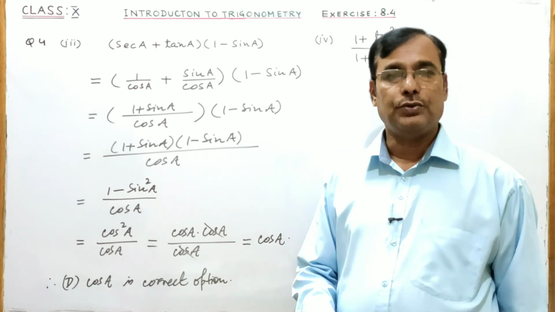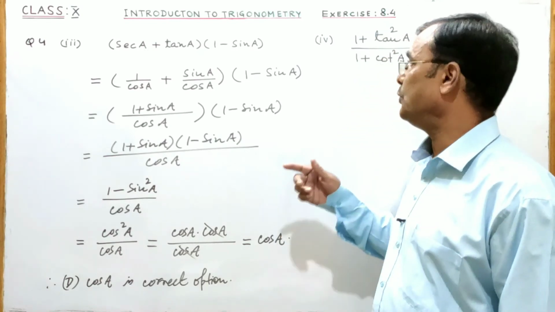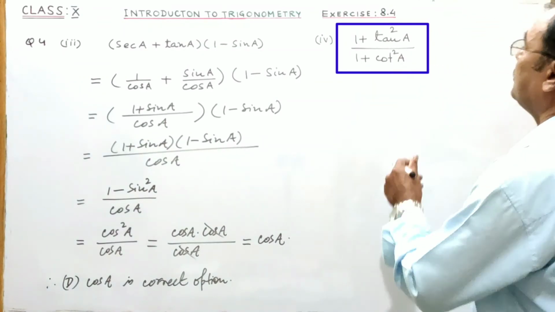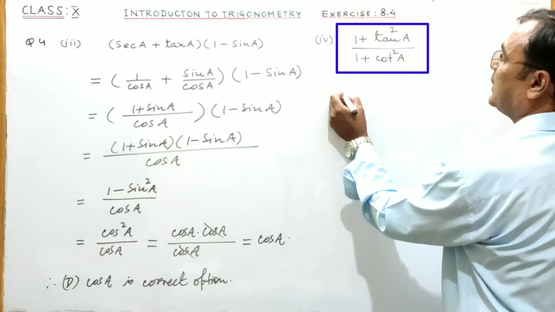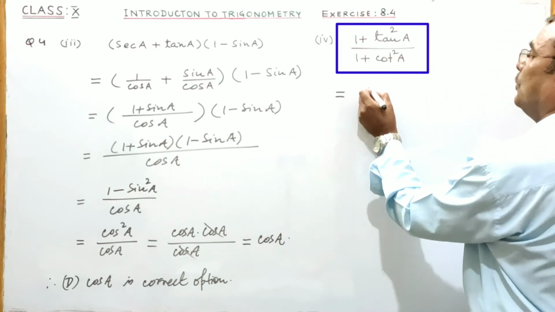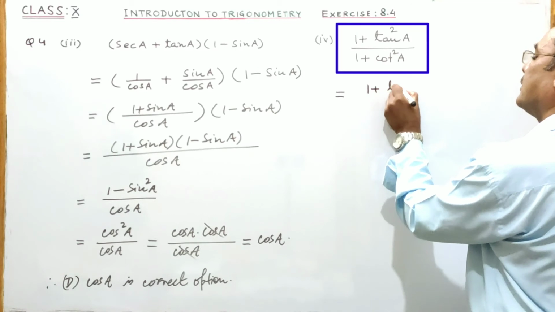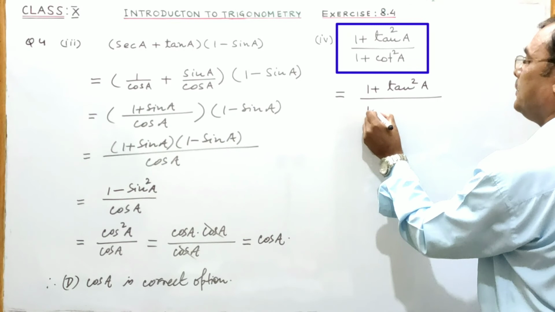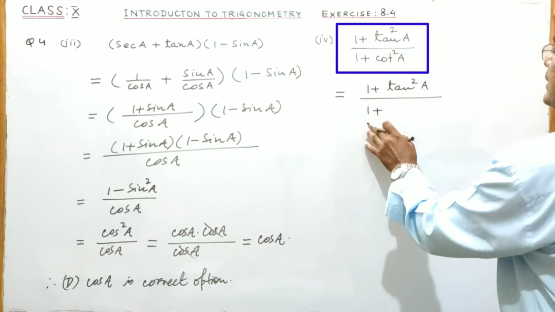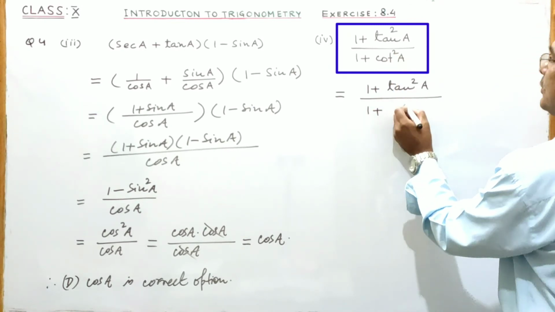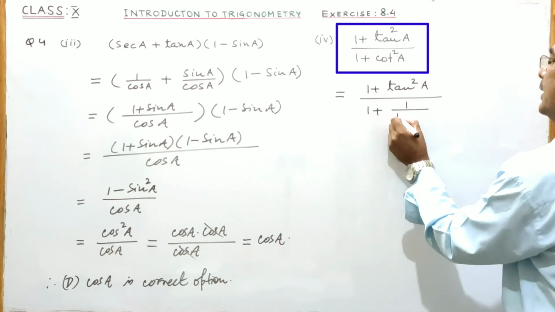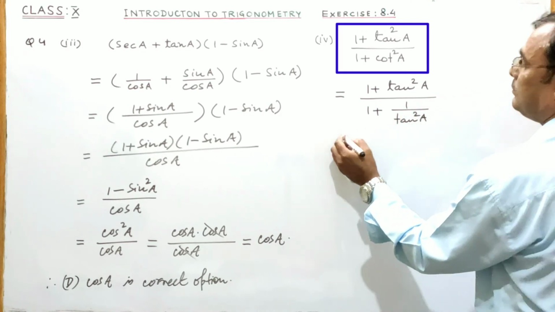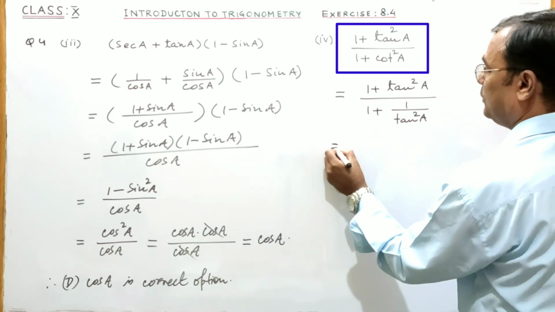We have to choose the correct option for this expression, 1 plus tan square A by 1 plus cot square A. So let us simplify this given expression as 1 plus tan square A by 1 plus cot square A. Let us write cot square A as 1 by tan square A. This is equal to